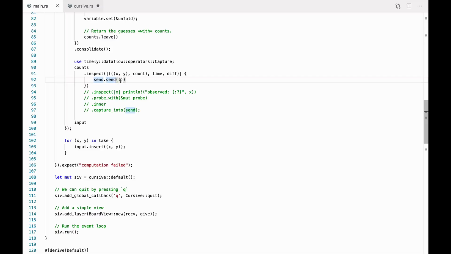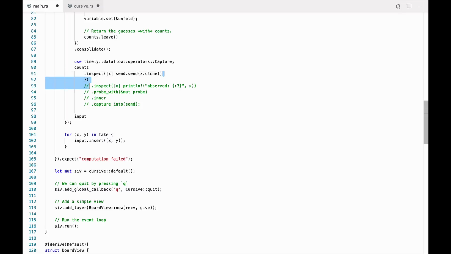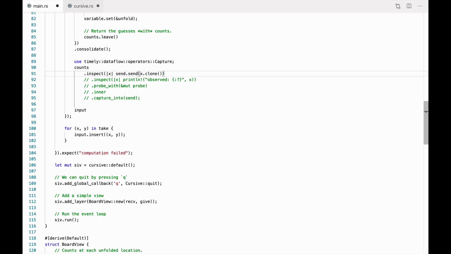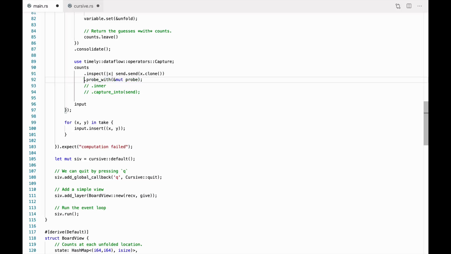And so what we're going to want to do probably is, we don't really care about the time. We could just send the whole thing, I suppose. Let's just send the whole thing because we'll possibly want some of it anyhow. So we're going to send x.clone because what we get in inspect is a reference. We don't get the actual record. And we could still probe it afterwards, though we're not really using the probe at the moment. The probe is the sort of thing that would tell us when we can stop executing, but